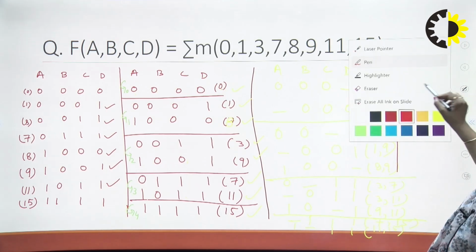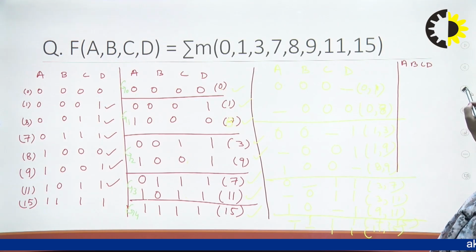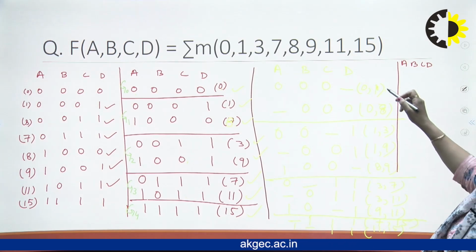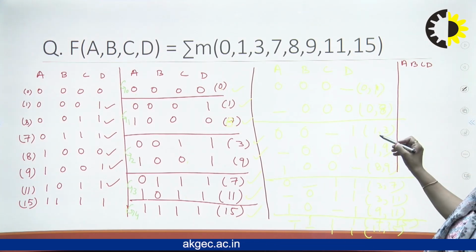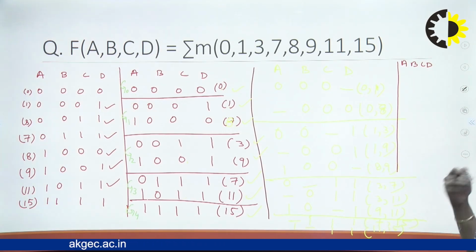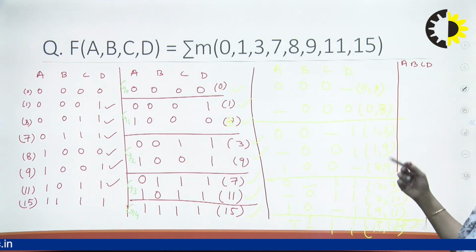I have rubbed the tick because the tick has very much importance in this. So first I am comparing this. So 0, 1 you compare with 1 and 3. The easiest way to compare and check very quickly is you just check where the dash is matching with the next group, right?